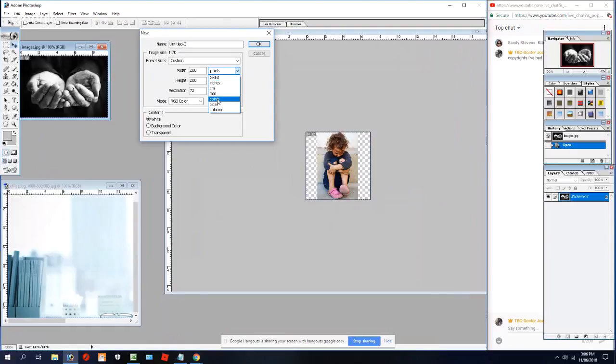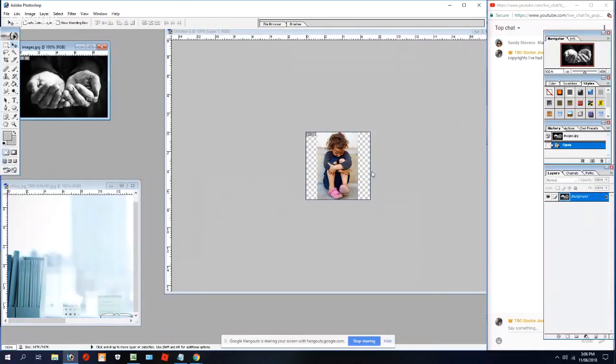Don't work in inches or millimeters. Keep your color to RGB. You can have a transparent background, which is this. Most people leave it on white, but transparent backgrounds are way better. Then I just went okay, and I got this size.